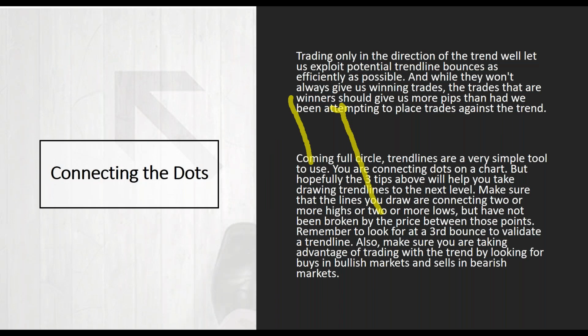Trading only the direction of the trend will let you exploit potential trend line bounces as efficiently as possible. And while they won't always give us winning trades, the trades that are winners should give us more pips than when we've been attempting to place trades against the trend. Coming full circle,